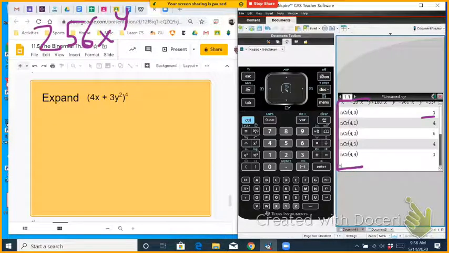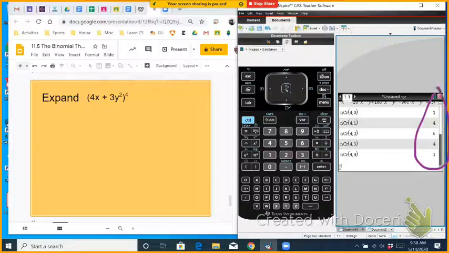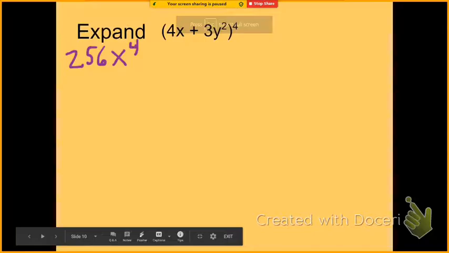And you know what? I'm going to change the screen a little bit. So just remember that 4 choose 1 is 4, 4 choose 2 is 6, 4 choose 3 is 4, 4 choose 4 is 1. And you're looking on the right here. Okay, so for our next term, let's do